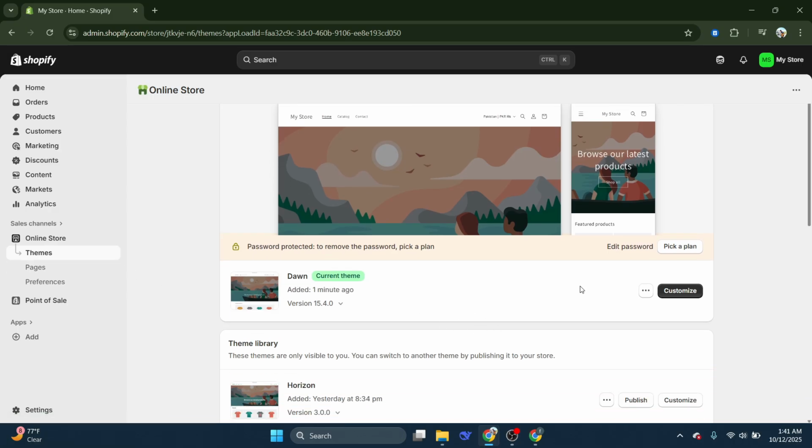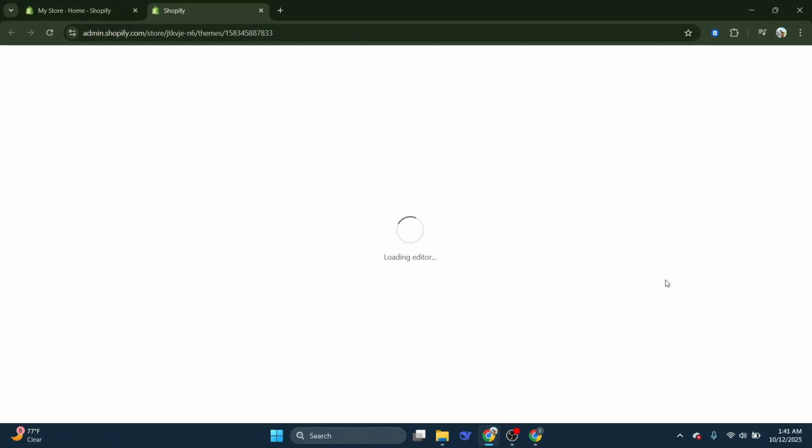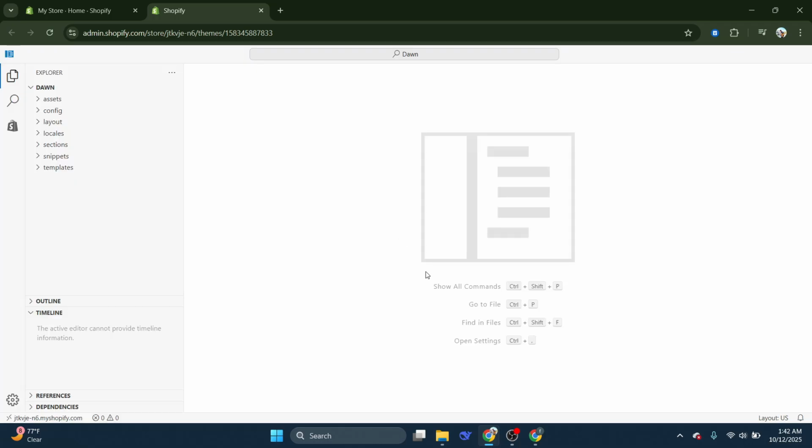Now that you're in the theme section, it's time to access your store's code. Hover over three dots beside your current theme, and from this drop-down menu, click on the button labeled Edit Code. This is the part where you'll be making the necessary changes to add your pixel code. So follow along carefully. After clicking Edit Code, you'll be taken to the code editor where all your store's backend